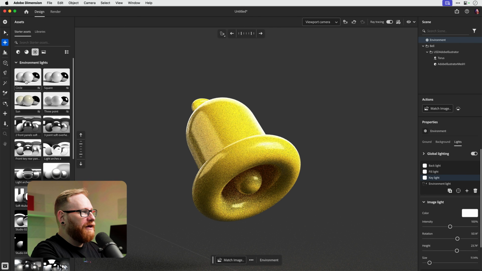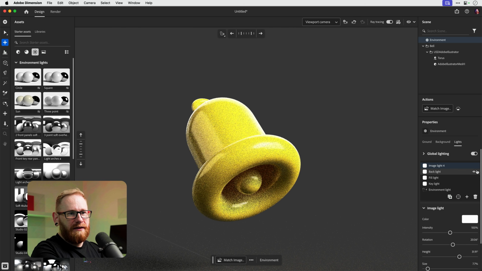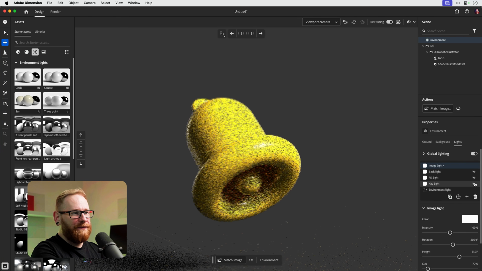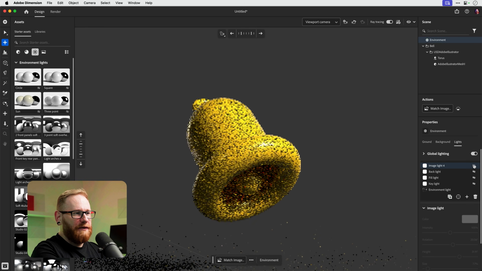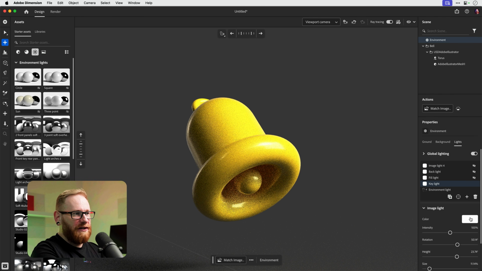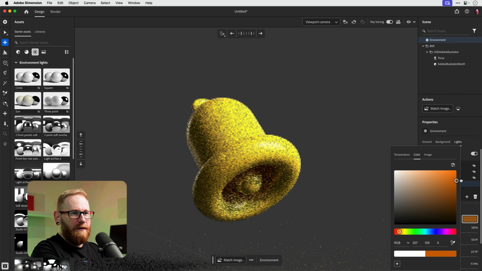Yeah, we could have 3-point. We could go with circle. Whoops. As you can see, I've just added a lot of different lights, so we'll keep it simple for now. We could just have an environment light, or we could add an image light, or just have a key light. We can turn those off and on, and we can select them and change the color of the light as well. So if I were to make this a bit more orangey